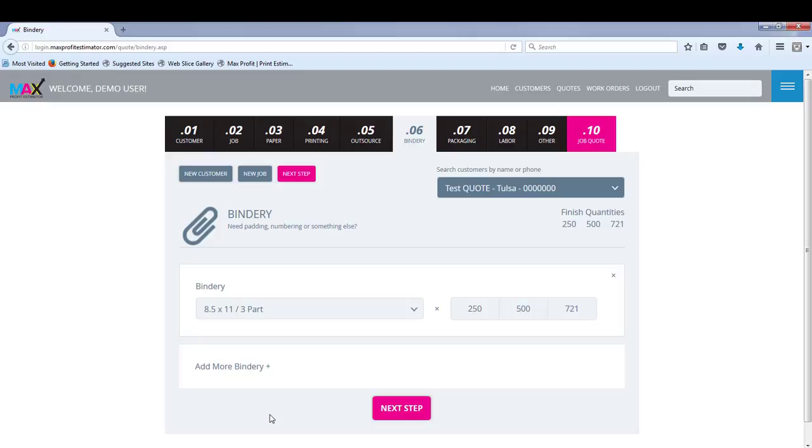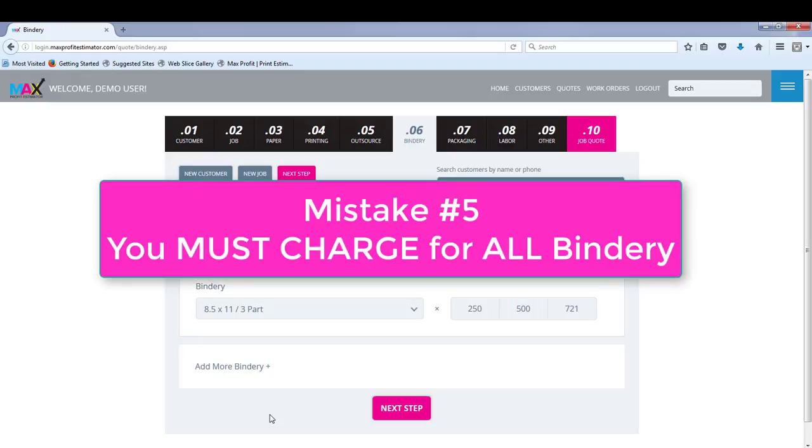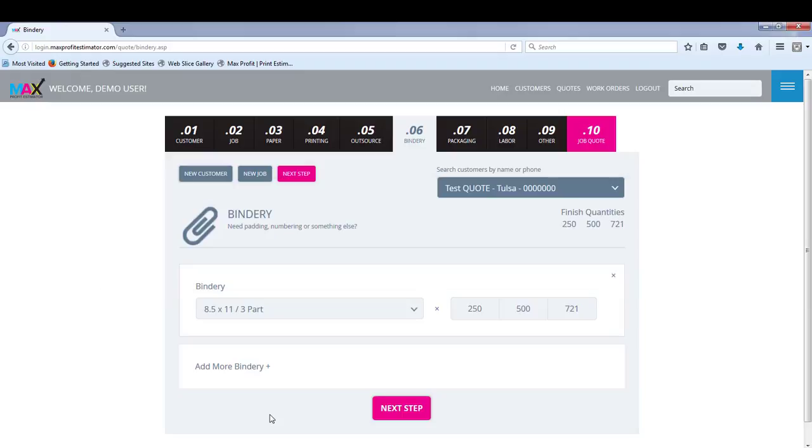Now let's talk about padding and bindery. A lot of times we give some of this stuff away. We cannot do that anymore. It has to stop today. I talk about this in the ebook. It's mistake number 5. We basically are giving this stuff away on these odd quantities, or somebody comes in, you